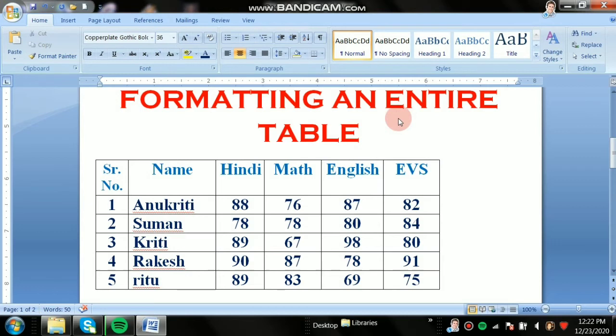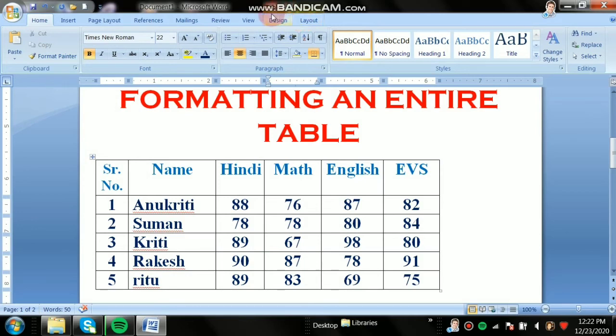Next is formatting an entire table. After we have created a table and edited it, next we can format the entire table using table style. As soon as you click on the table, you will get another table tool with a Design tab and a Layout tab. Fine.